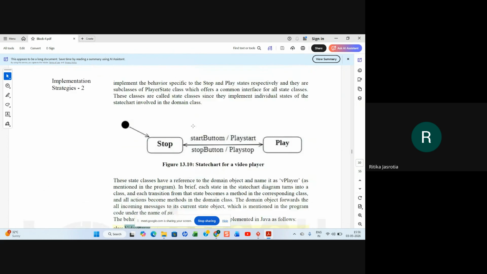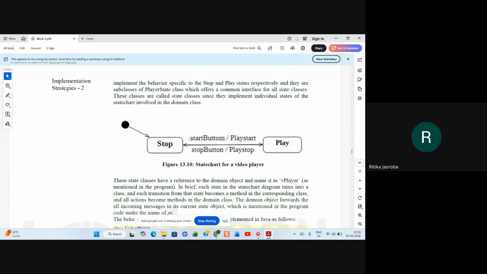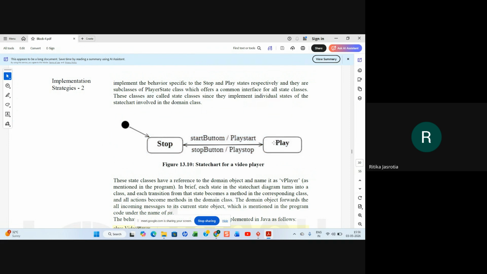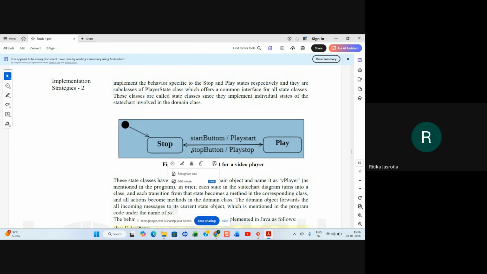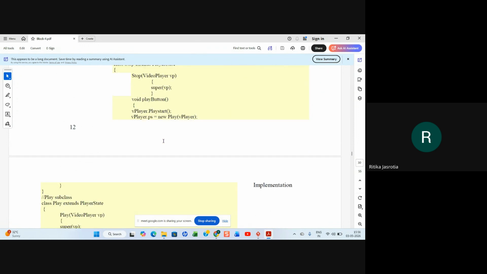They are saying that there is a stop and play state. So when you click the start button, it will go to the play state, play start will be there, and if you click the stop button, it will go to the stop state. So something like that they are showing you.